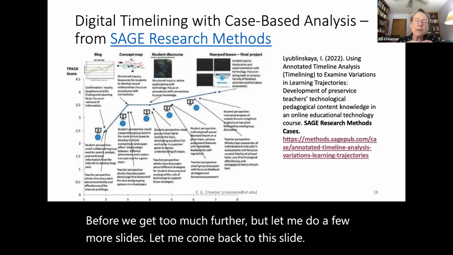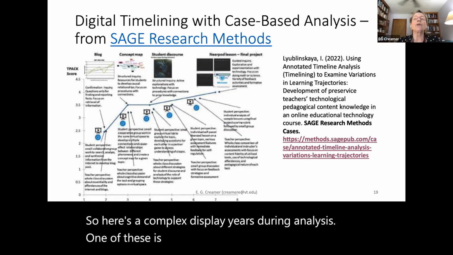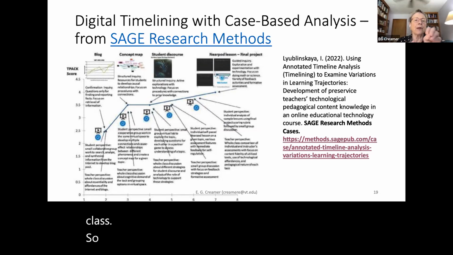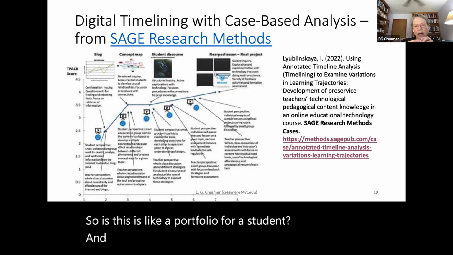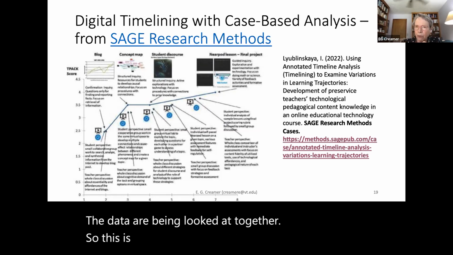So here's a complex display, used for analysis. One of these was created for each student in the class. So this is like a portfolio for a student, and the data are being looked at together. So this is a far different approach